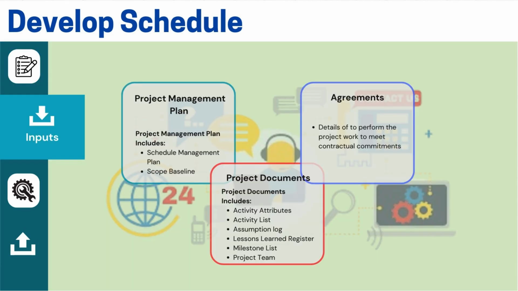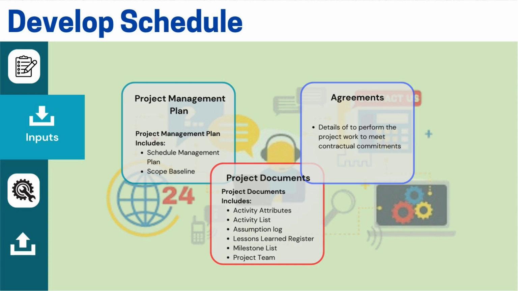First, the plan. As it gives us an approach for each process, the plan determines the project's direction, so we need to keep referring to it. Since we are creating the schedule, we also need to refer to the scope baseline. Other important project documents include the activity attributes, assumption log, and dependencies. These documents are useful here.